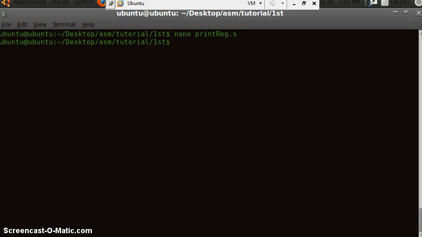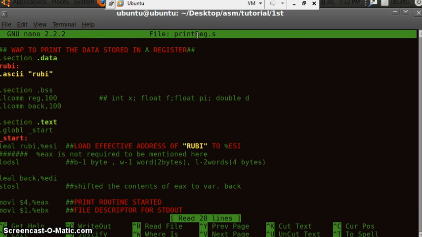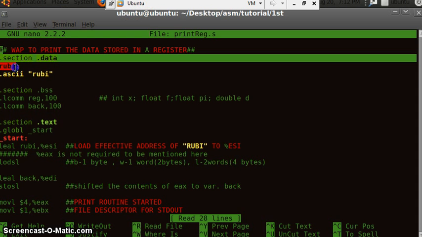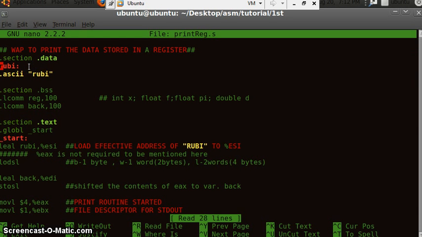I created a program, printrec.s assembly program. So let's start. If you already started learning assembly, you will remember there are three sections of the program: data section, stack section, and the text section where you keep your program code. In the data section we define our data. That piece of data is Ruby. The ASCII value of what the data is containing is Ruby. It's the name of my wife actually.